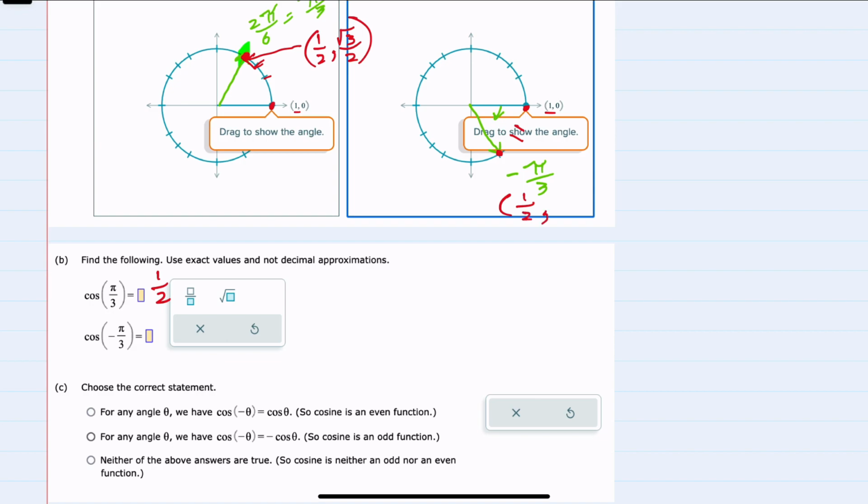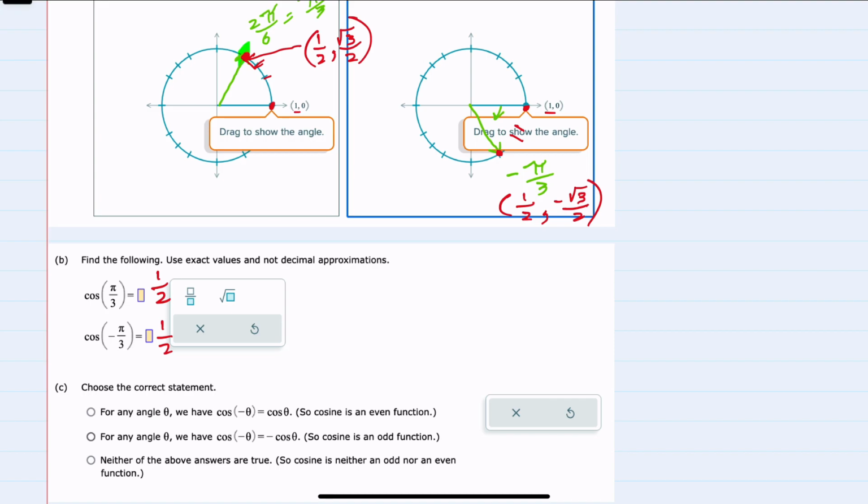And again, I'll put the sine in here. The sine is moving down from 0, so this would be our negative square root of 3 over 2. But the cosine value is just the 1/2, the same as it was for the cosine of pi thirds,